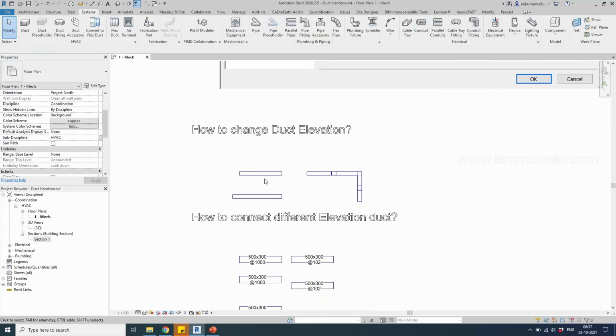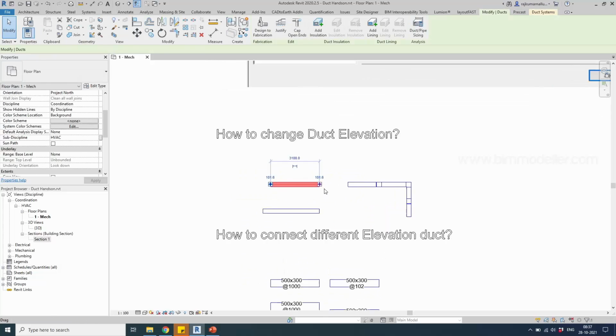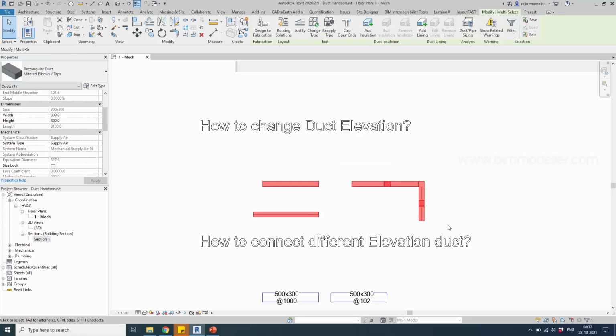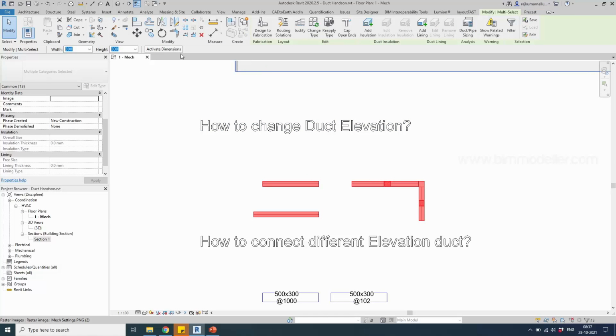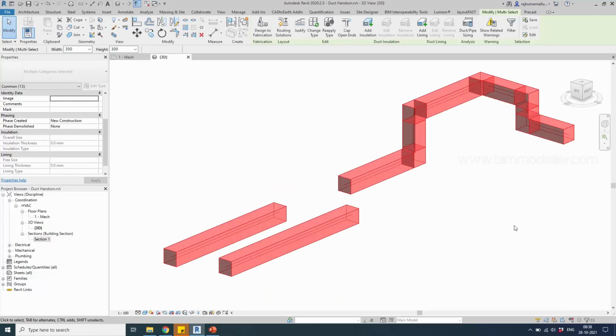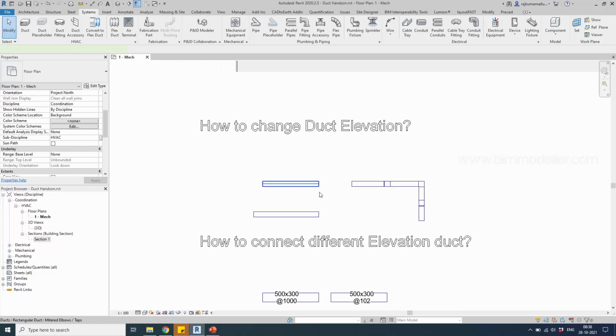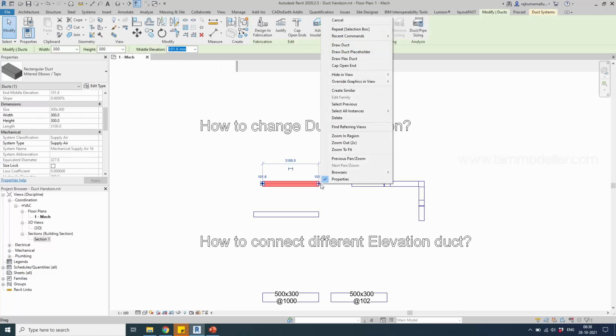For example, if you need to create a duct which goes something like this, let me select all of these and go to the section box, which is available here, with PX as a shortcut. Now you can see that the duct goes in one elevation, moves to other elevations like this, and again moves around in the place. If you want to create something like this, you have to create a duct,